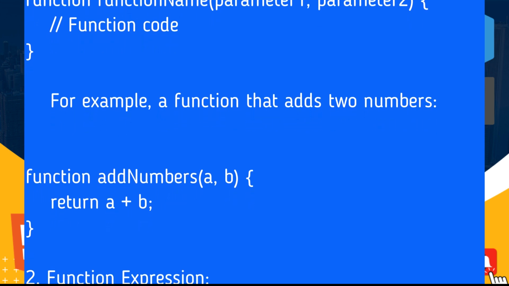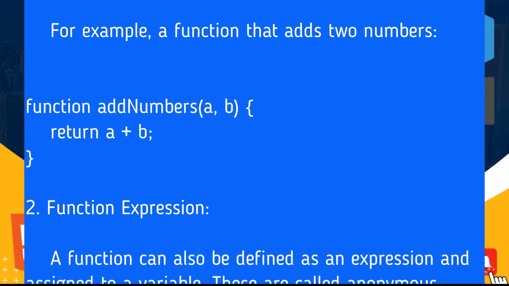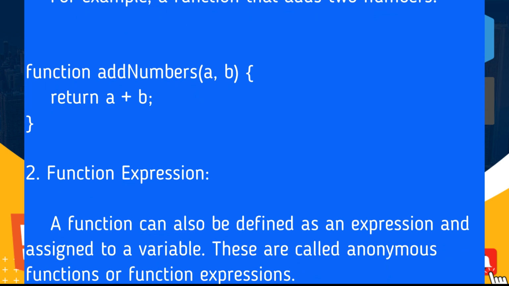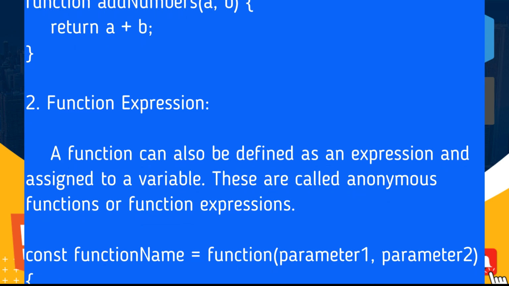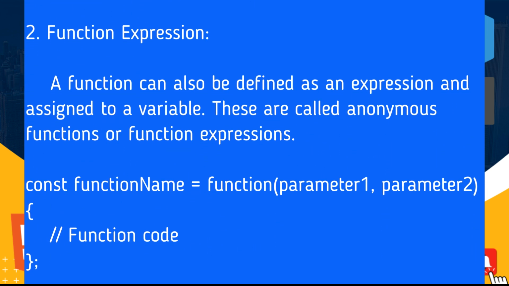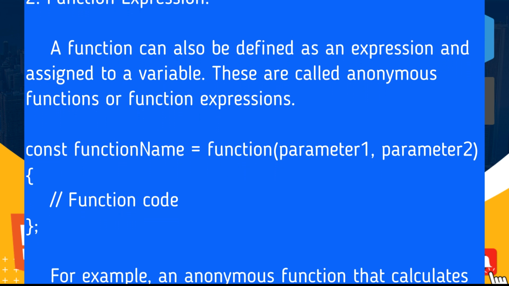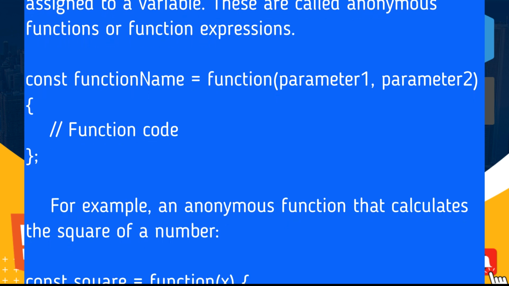2. Function expression. A function can also be defined as an expression and assigned to a variable. These are called anonymous functions or function expressions. const functionName = function(parameter1, parameter2) { function code }. For example, an anonymous function that calculates the square of a number: const square = function(x) { return x * x; }